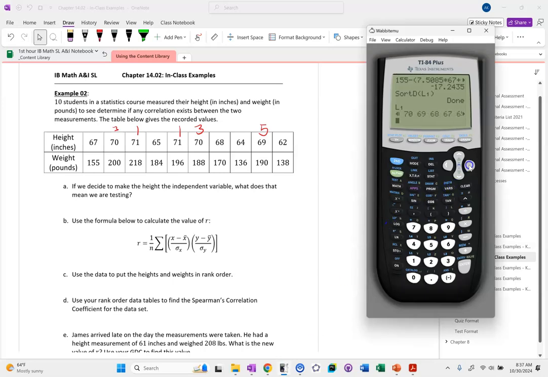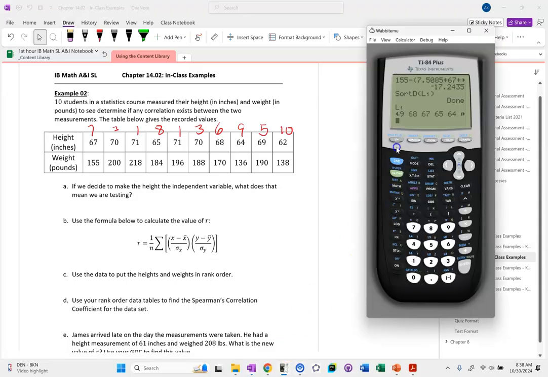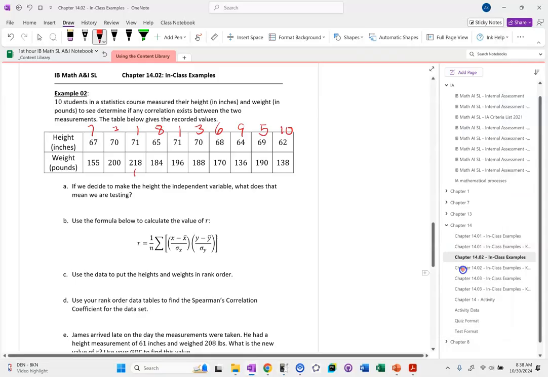And then let's look here. Are there any other ties? No. Okay. So then we just go 6, 7, 8, 9, 10. And I'll do the same task here for L2. Does it matter if you sort D or sort A? Not really. As long as you're doing the same thing each way, I think you get the same value for the Spearman. So 218 is our biggest, and then,